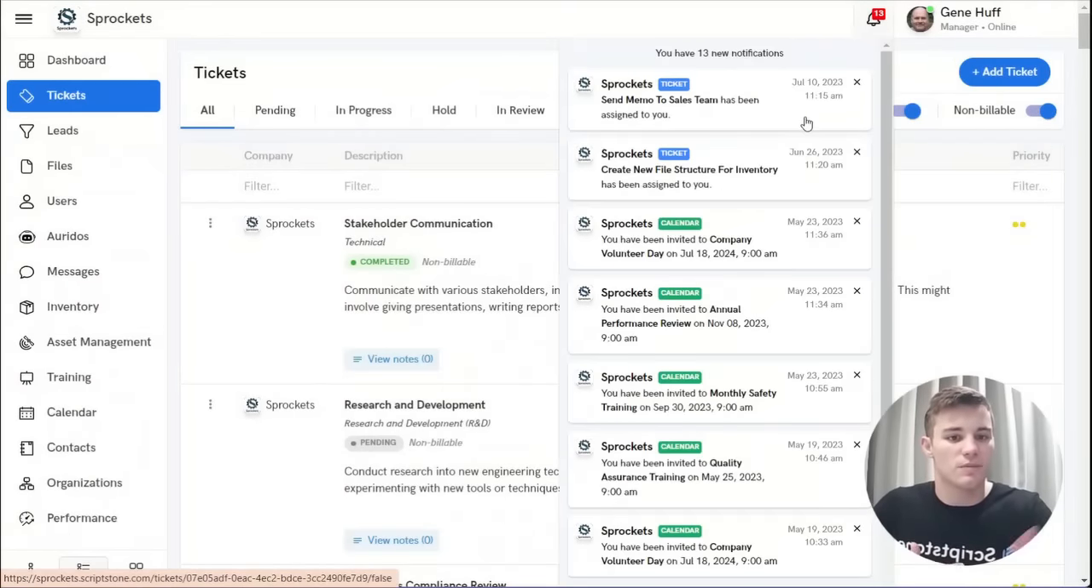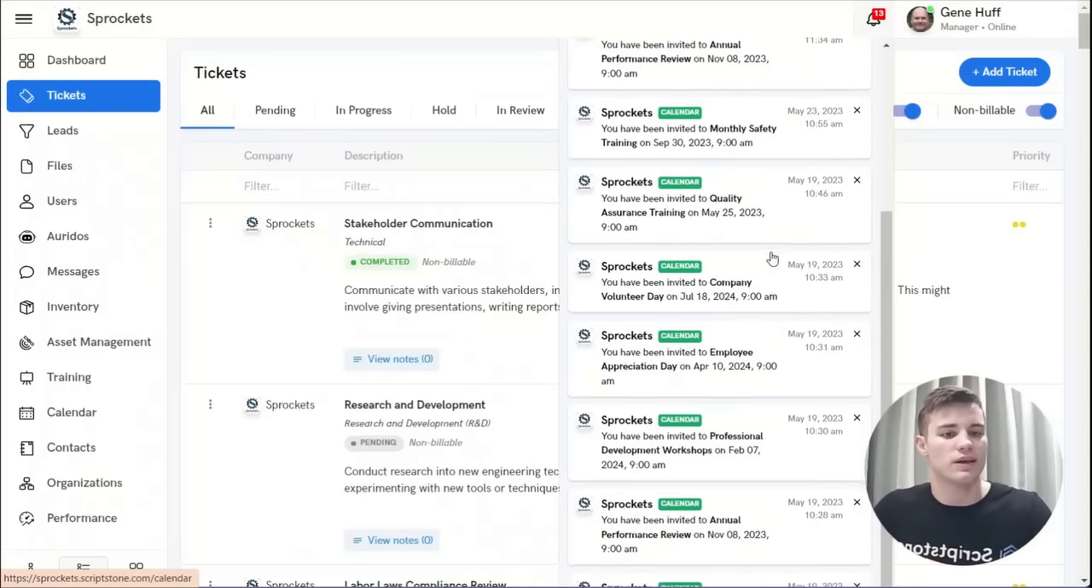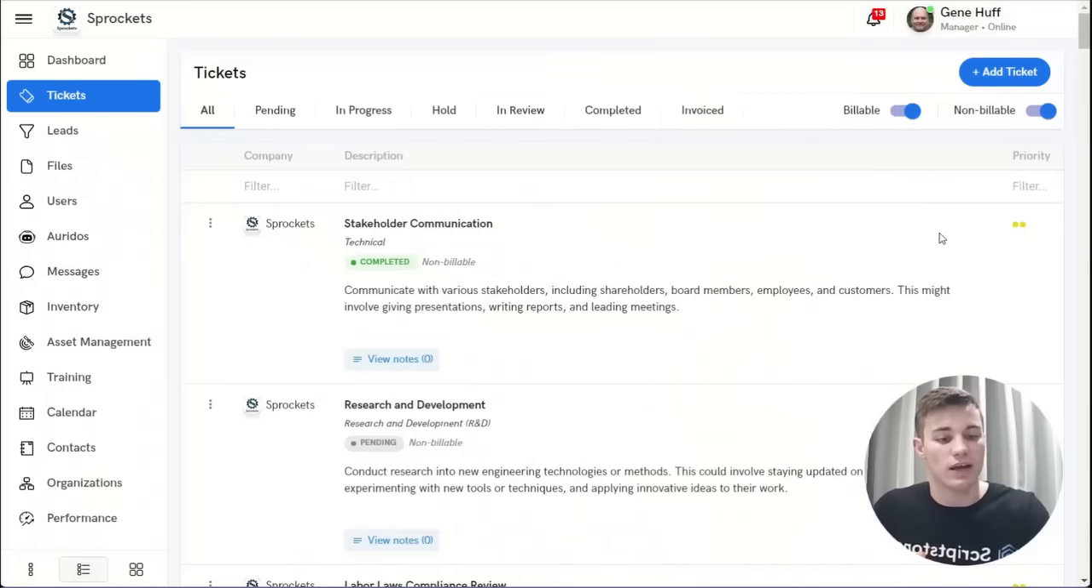Send memo to sales team has been assigned to Gene Huff. So not only is the manager getting things assigned to them, but the manager can assign things to others. It also works with the calendar. Let's say there's a new company volunteer day or the quality assurance training. This is all notified via bell notification, and once you click on that, you'll go right to the ticket or to the calendar. The way it works with the tickets is it goes pending, in progress, in review,